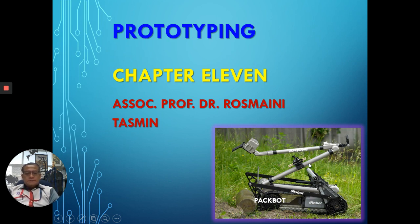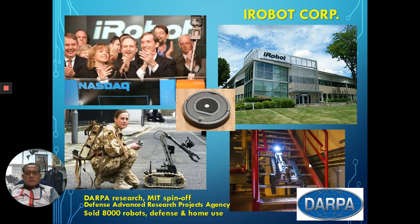The iRobot PackBot is a very specific use product that was designed by a company related to the Massachusetts Institute of Technology. I would say a spin-off company from MIT, which later became independent and commercial. Soon they listed iRobot on the Nasdaq, and they produce their product mainly for DARPA or the U.S. Army. It came from a DARPA research grant given